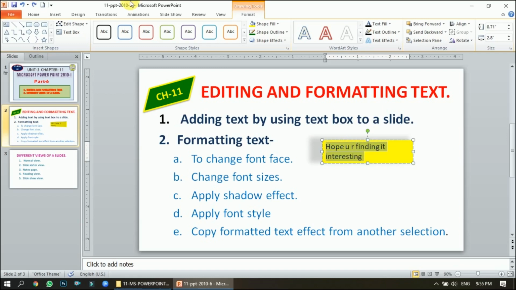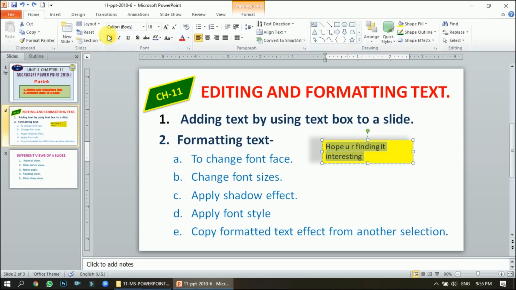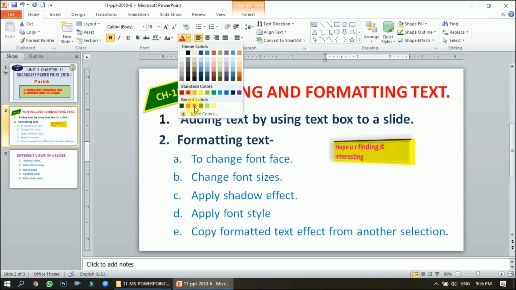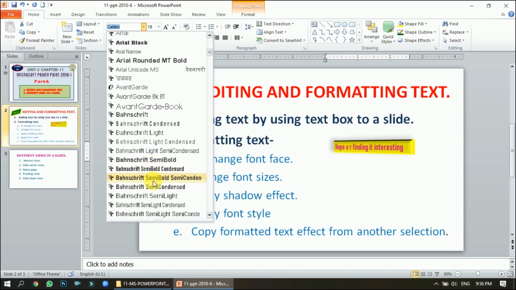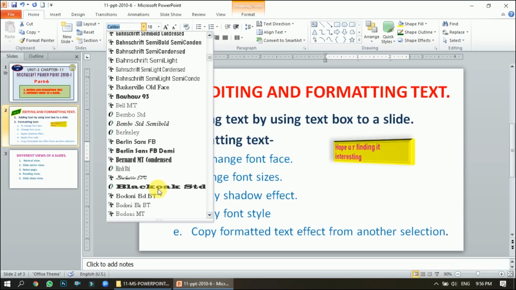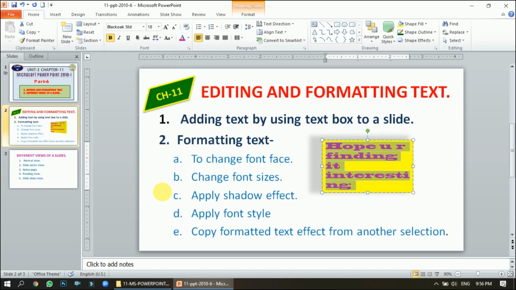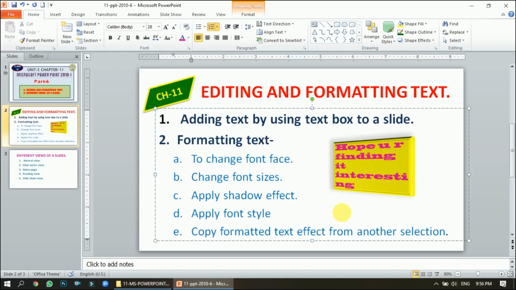By triple click I select the text, go in the Home tab, make it bold, change the color, change the font style, right? So this is how I can make the changes on the text box. So I have taken a text box using the Insert tab and formatted the text as well as the box, right? So that was the first topic.